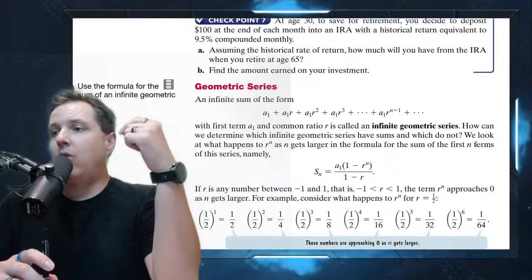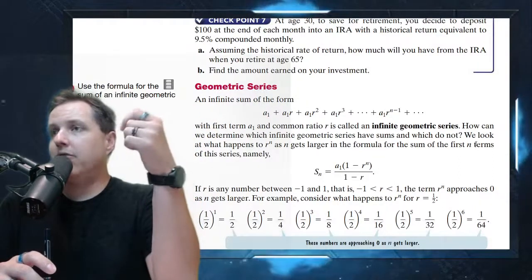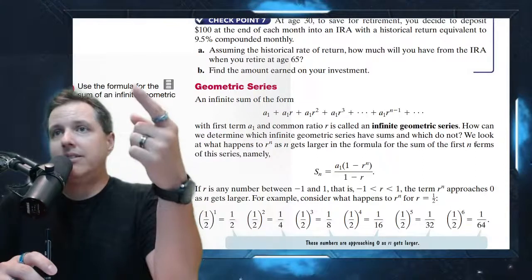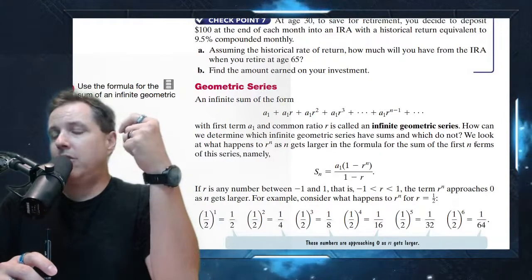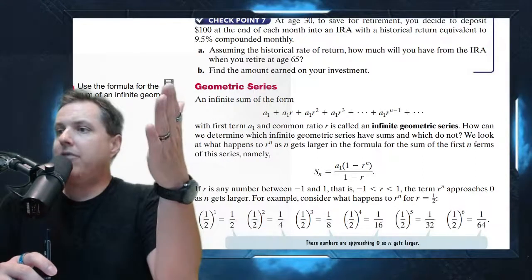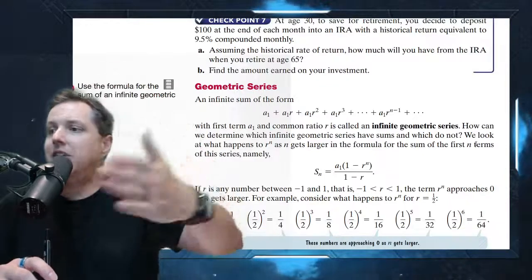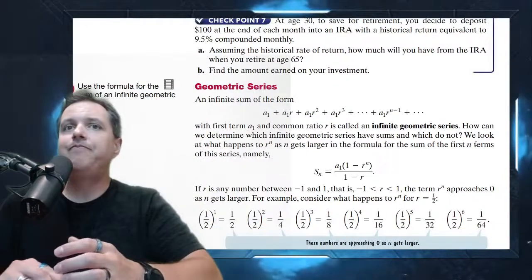So if I'm 10 feet away, then my first step gets me 5 feet from the door. Then my second step gets me 2.5 feet from the door. And then my next step is half of that. And you can see we're just halving it each time. We're cutting it in half.